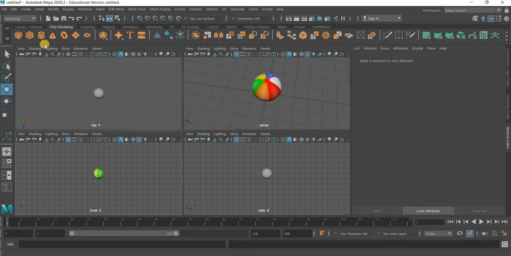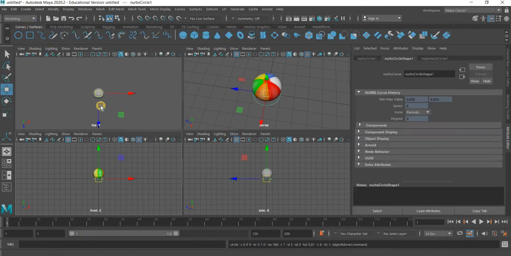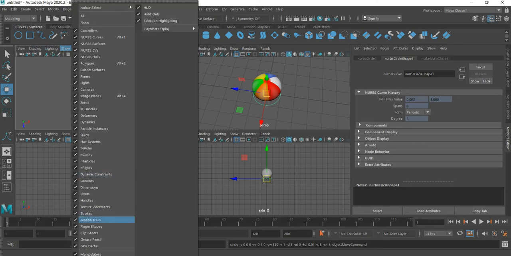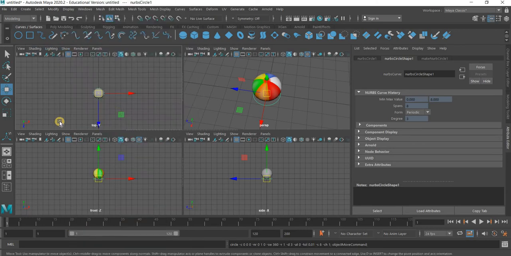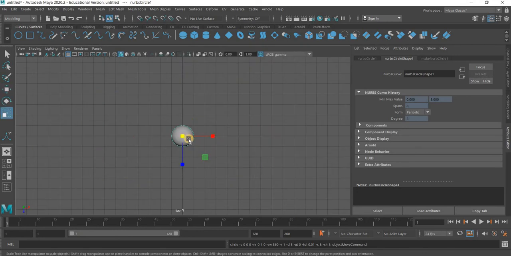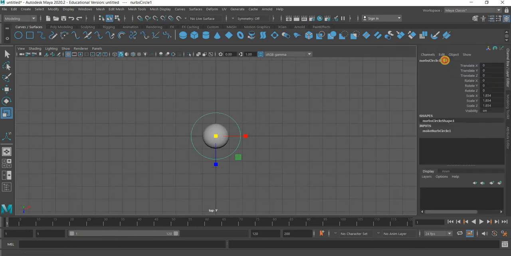Now we need to create the control. So I'm going to create a circle, and you can go to show grid. My grid was hidden on the top view. I'll make the circle a little bigger so it's away from the ball, and we will name this main control. Okay, so the main control will be used to move the ball and squish and stretch the ball, and then